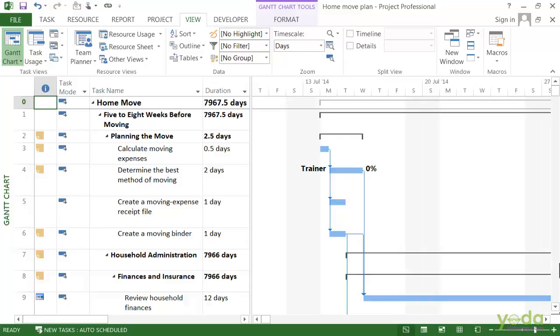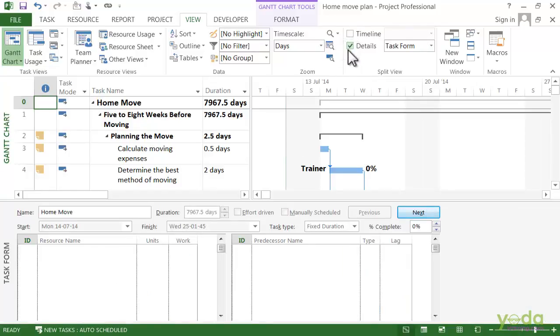Then to look at the specific information about the tasks, you normally show the task form. Turn on the details checkbox and the task form shows up at the bottom of the window in the task pane. Well, the great thing with this is if I select the task up at the top in the Gantt chart, then I can see the details about that task at the bottom.